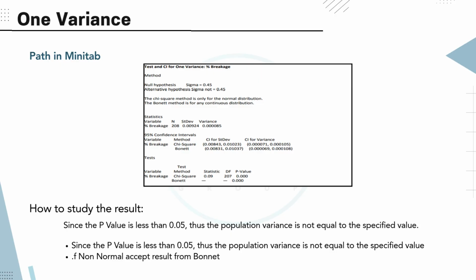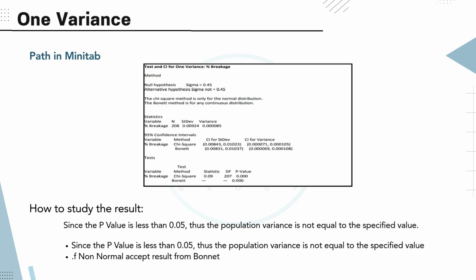How to study the result? Focus on the p-value. If the p-value is less than 0.05, we reject the null hypothesis. That means the population variance is significantly different from the specified value. If the p-value is greater than 0.05, we fail to reject the null, meaning the population variance is not statistically